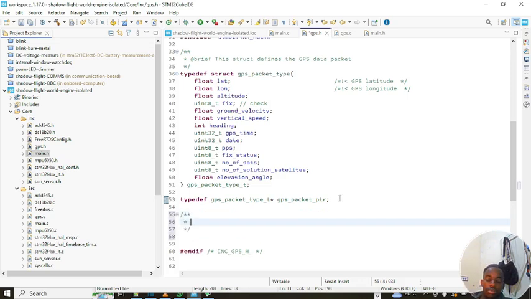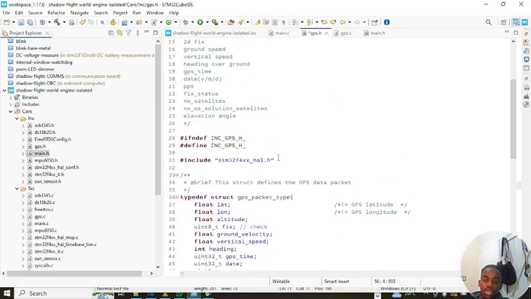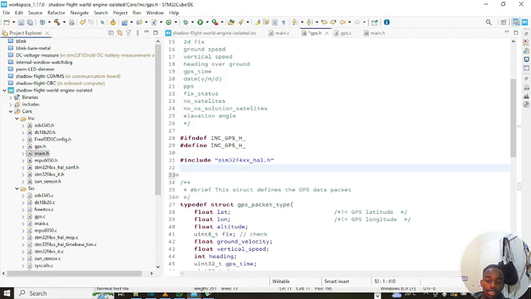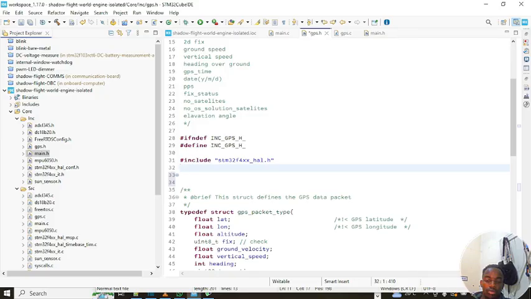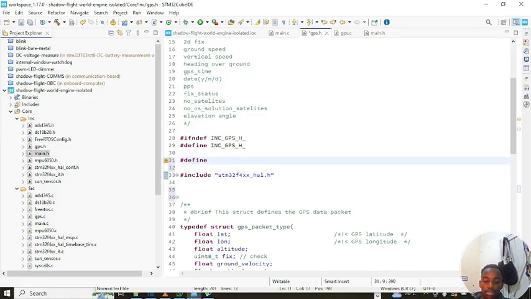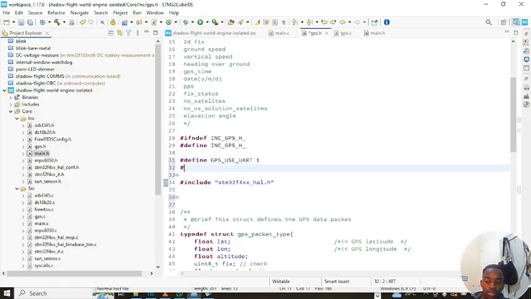so what functions are we going to need for the GPS? The first thing we're going to need is to check: are we using I2C or UART? So we have to define something here. Let's say define GPS use UART. Let's say that is a 1. Define GPS use I2C. They can't be one at the same time. I don't know whether that chip can handle that, or maybe it routes the data to both UART and I2C interfaces or whatever. But I want my software to be reliable, so I will just say here that